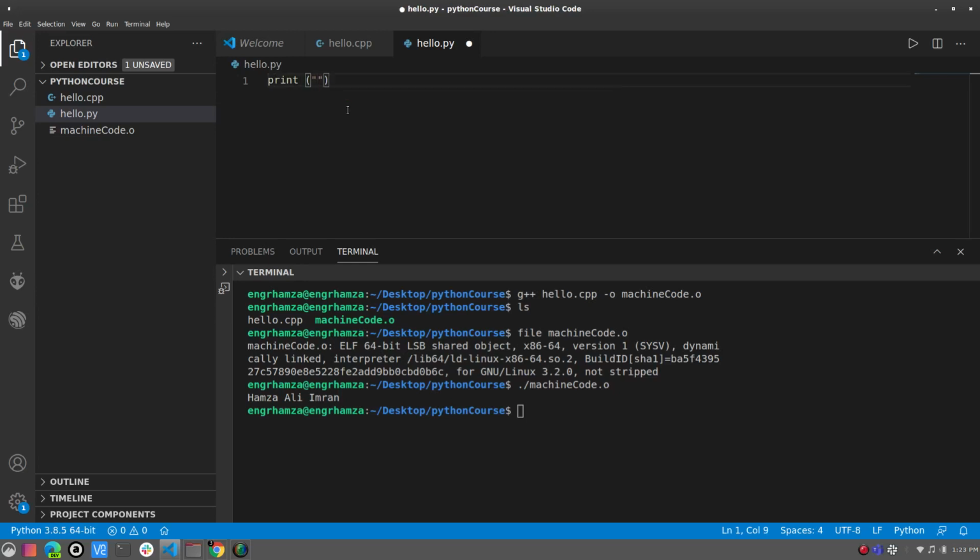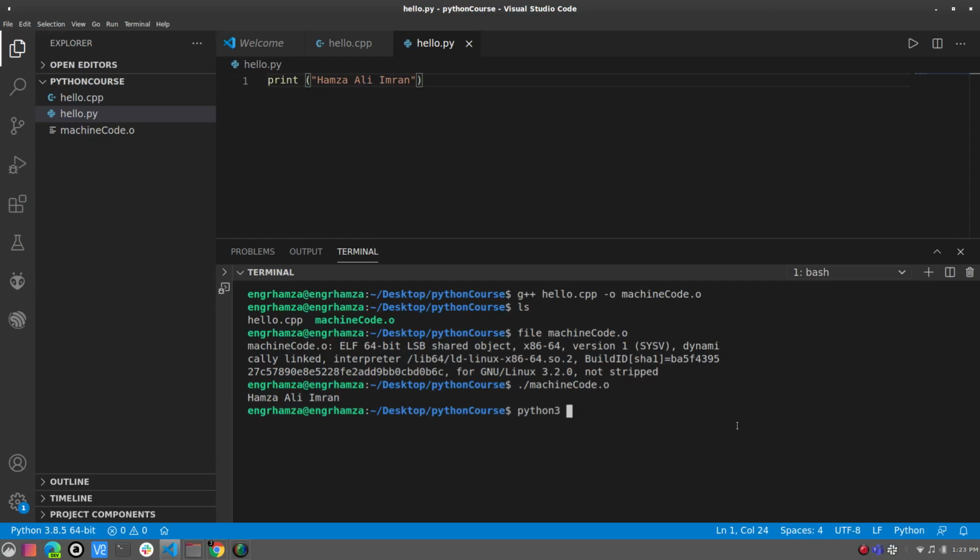Again, if you don't know the syntax, that's totally okay. In this video, teaching the syntax is not the target. Showing you the difference between interpreted and compiled languages is the target. Okay, that's pretty much it. Let's make a call to the Python interpreter. Python 3 is the interpreter because all the code which we are going to write in this course is going to be in Python 3. Python 2's lifetime is completed, so it's no more in use.